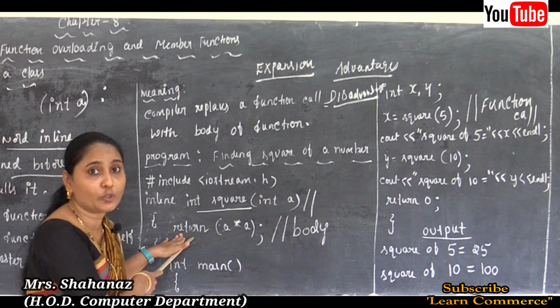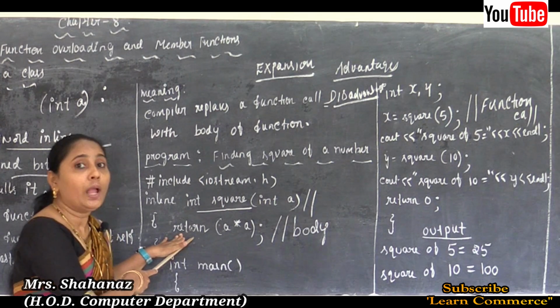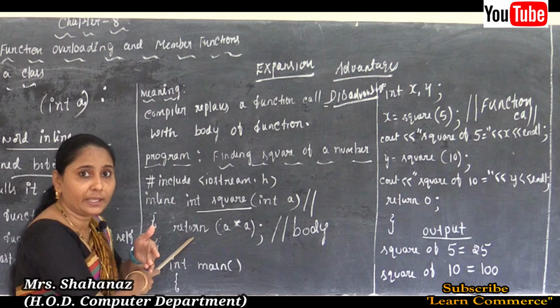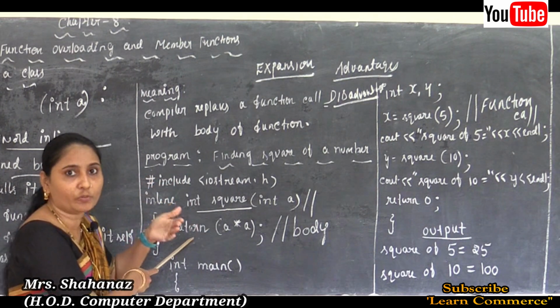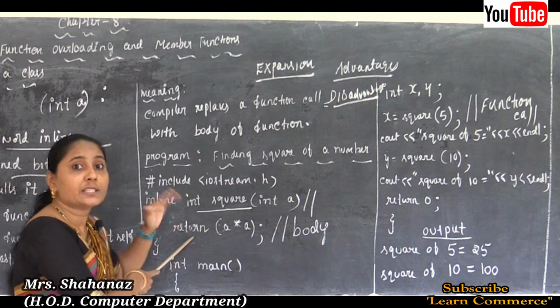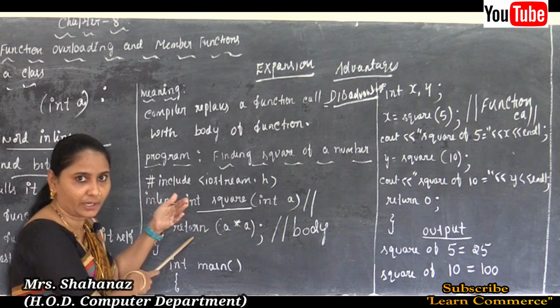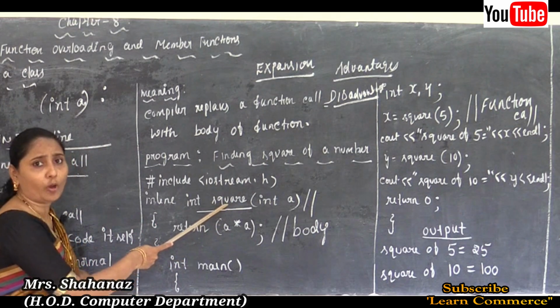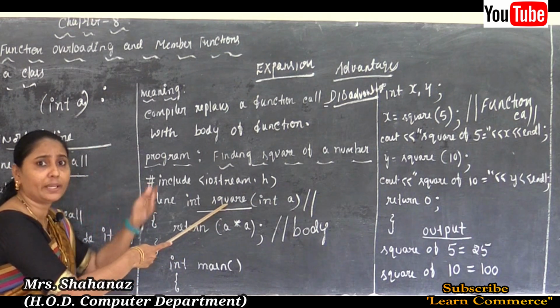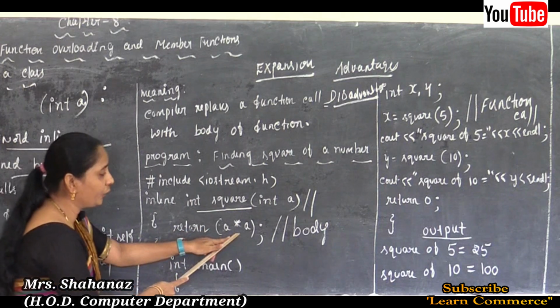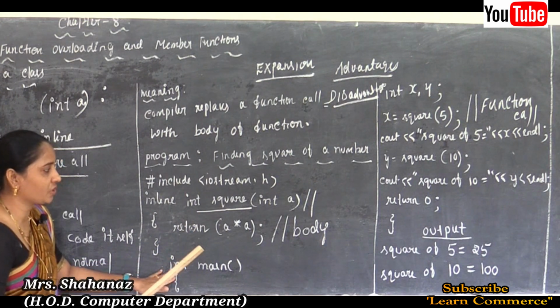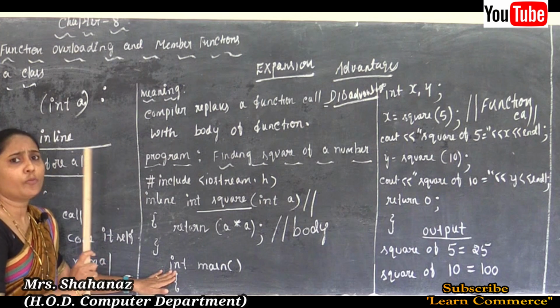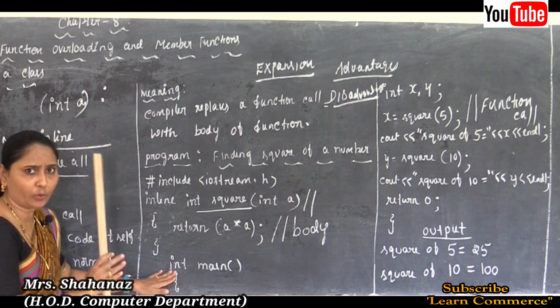Here we are going to make some calculation. After completing the input, we need to apply some value to the argument a. Such a value is going to be multiplied. So for the square of a number, it is going to be multiplied by itself: return a * a. So this is called the body of the function. Next, there are not many member functions here, just one function in this program. The function is the inline function only.